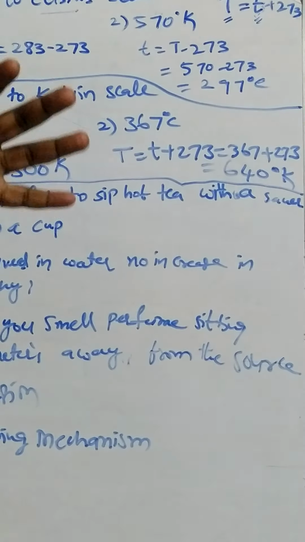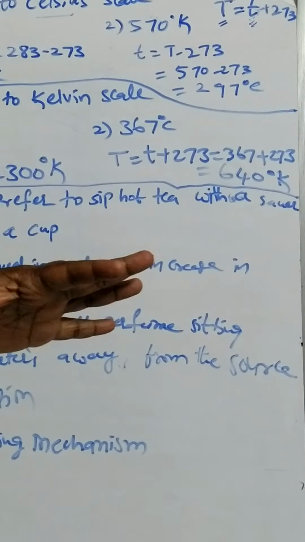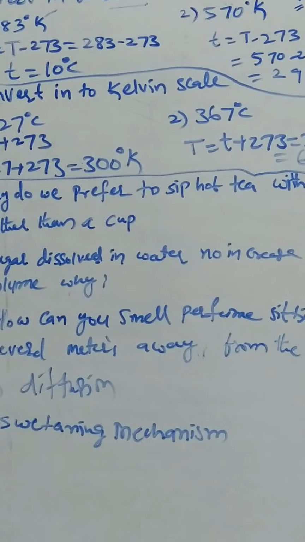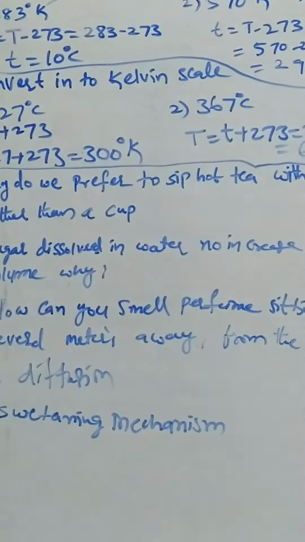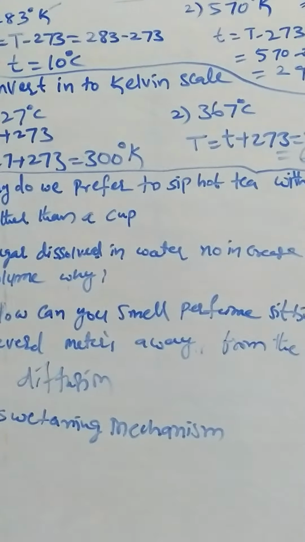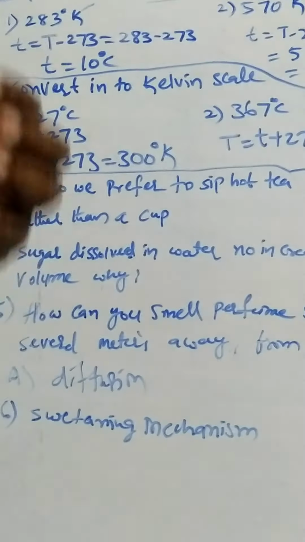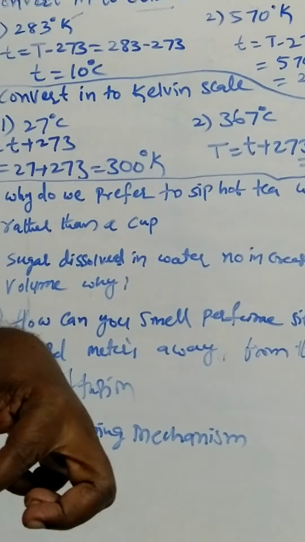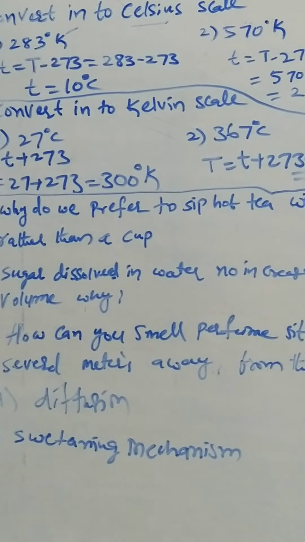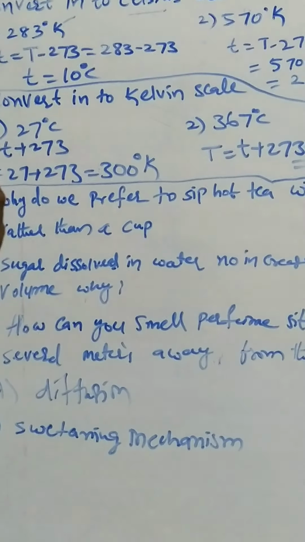So when it is exposed to air, what happens? The hot particles nearer to the atmosphere lose energy to the atmosphere. So they become colder early. Suppose you keep the coffee or tea in a cup, it will take more time to cool because only a small portion is exposed to the atmosphere.